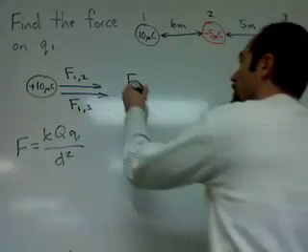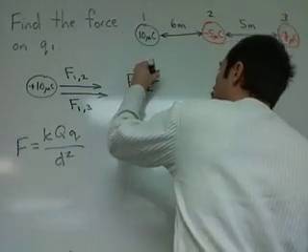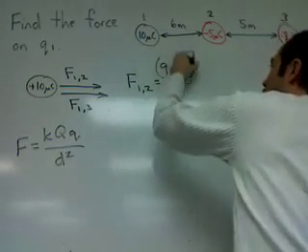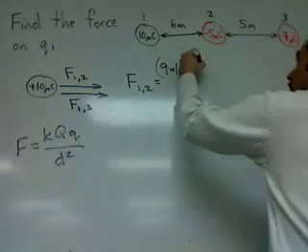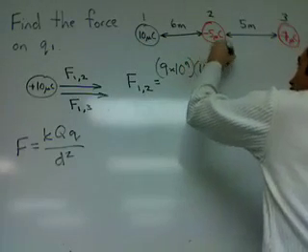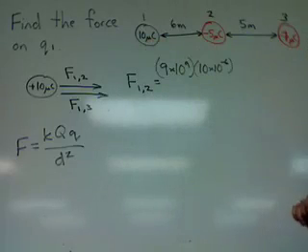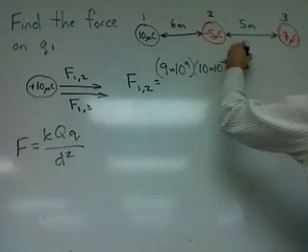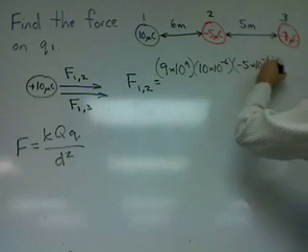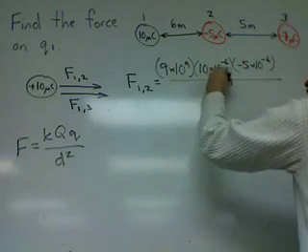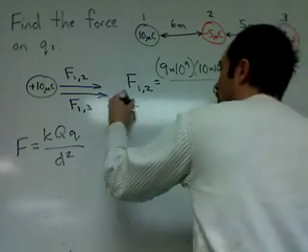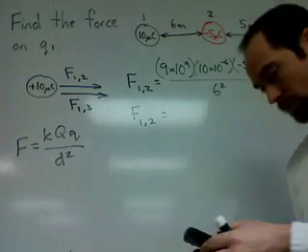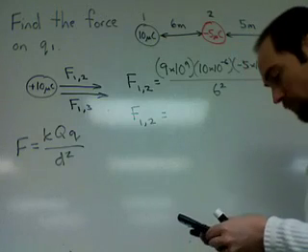So if I do force on 1 from 2, that's going to be k, which is 9 times 10 to the 9th, times Q1, which is 10 times 10 to the minus 6. Remember microcoulombs, minus 6. Times Q2, which is negative 5 times 10 to the minus 6, divided by the distance squared, which is 6 squared. So force on 1 from 2 equals, let's do some math,